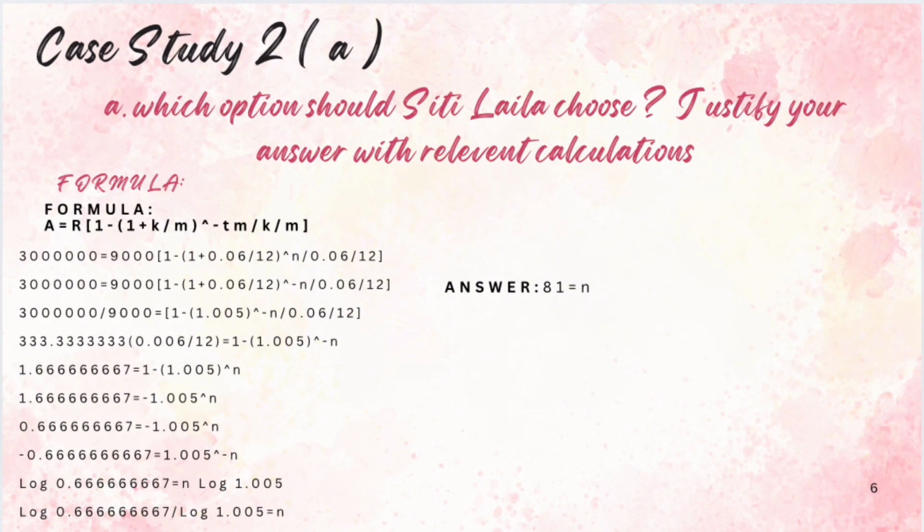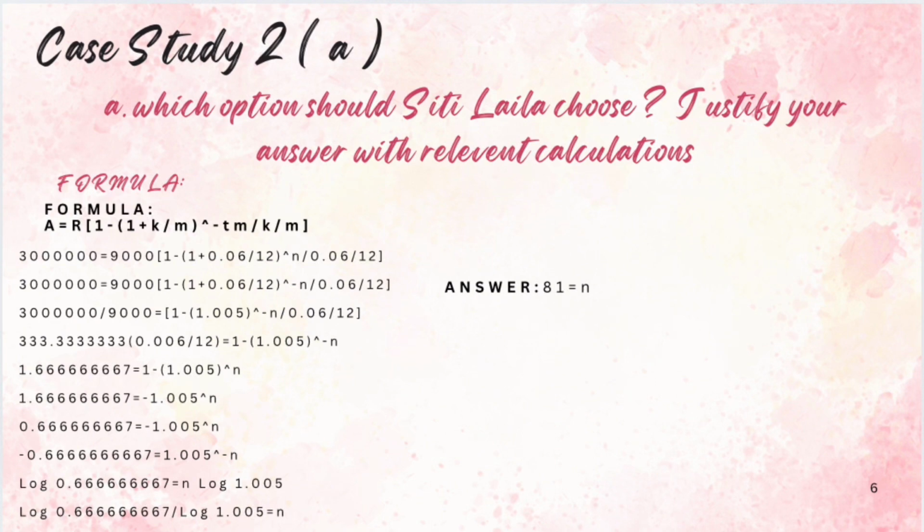And then the question 1, first choice: 30000 equals 9,000 big bracket 1 minus bracket 1 plus 0.06 per 12 bracket power negative n per 0.06 per 12 big bracket. Then 30000 equals 9000 big bracket 1 minus bracket 1.005 bracket power negative n per 0.006 per 12 big bracket. And then 30000 per 9000 equals 1 minus bracket 1.005 close the bracket power negative n per 0.06 per 12,